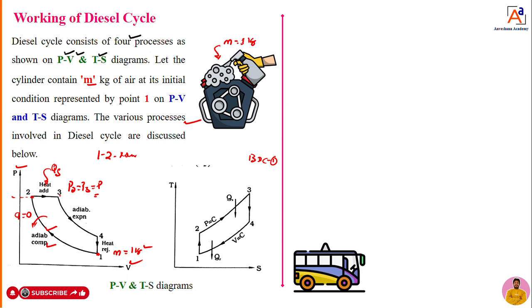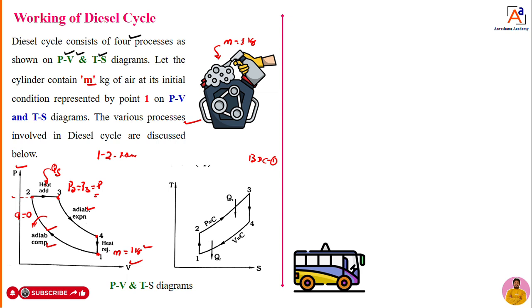Hence, that gas expands the piston. That means that hot gas will drive the piston. Hence, the piston will start to move from 3 to 4. That process we can call adiabatic expansion. The gas expands or drives the piston